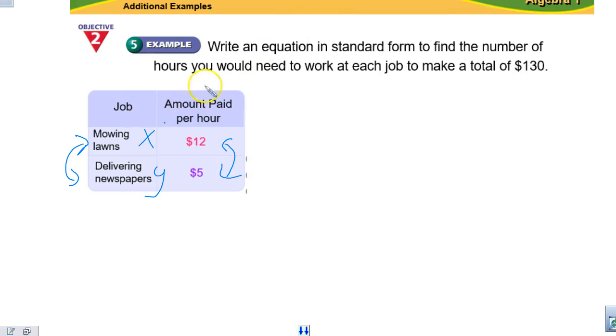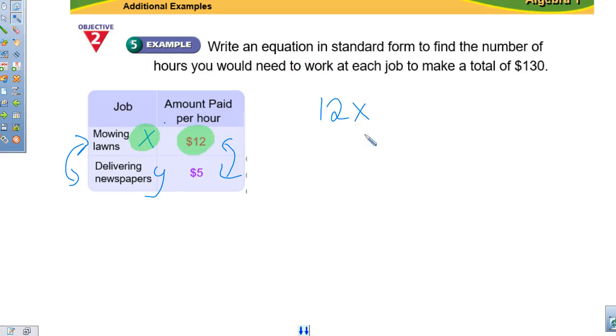So if I want to know how much money I make mowing lawns, I'm going to take my $12 per hour and I'm going to multiply that by X. So I'm going to take 12 and times by X. Because if I mow lawns for 2 hours, how much money do I make? 24. If I mow lawns for 3 hours, how much do I make? 36. So you're taking 12, multiplying by the number of hours, and that tells you how much money mowing lawns makes you. Plus, we're going to add to that